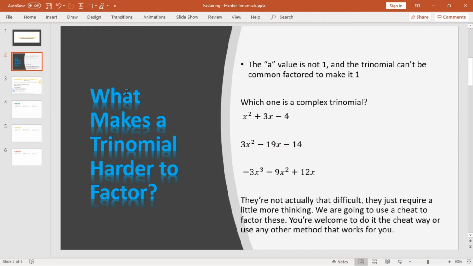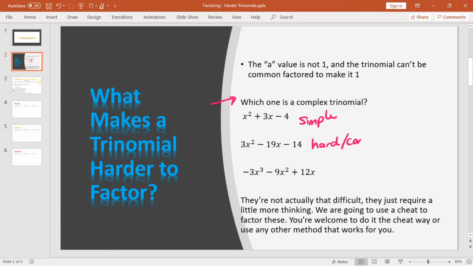So what makes a trinomial harder? Like I just said, the a value will not be equal to 1, and you cannot common factor it to make it 1. So my question here is, which one is a complex trinomial? And when I say complex, I mean hard, I mean difficult, I mean a not equal to 1. So obviously this one is simple. Looking at this one, I have 3, -19, and -14. So this is a hard